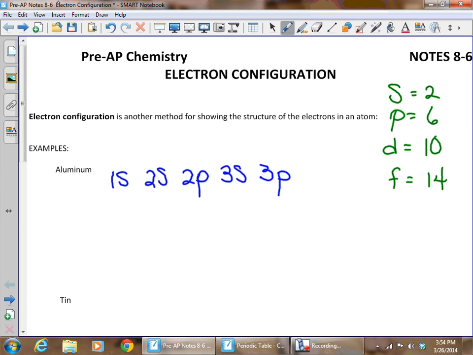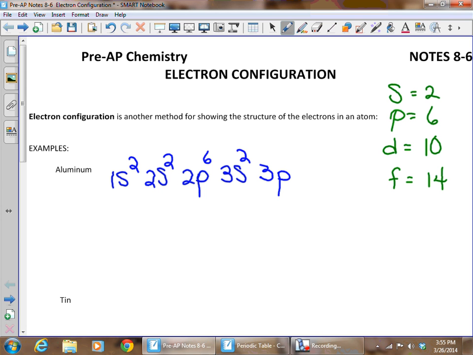So for each of these first sublevels, I can simply put, again, as a superscript, the total number of electrons in that sublevel. A 1s has 2, the 2s has 2, the 2p, remember p's have 6, the 3s, it doesn't matter how big the s is, it can be 3, 4, 5, 6, 7s, and it's still going to